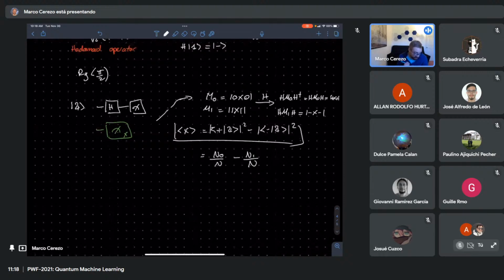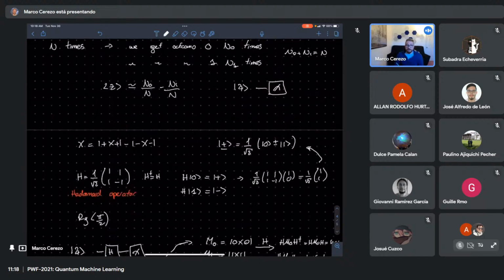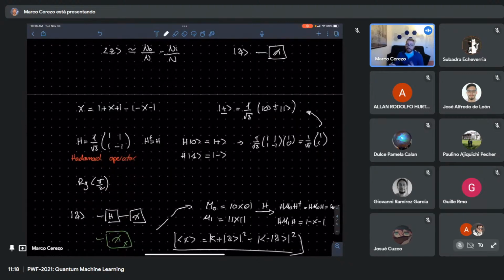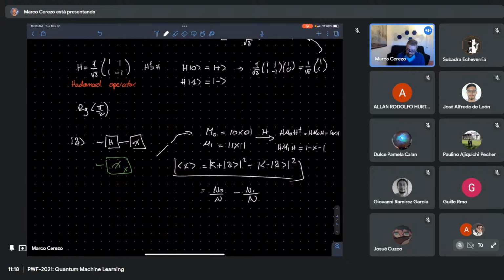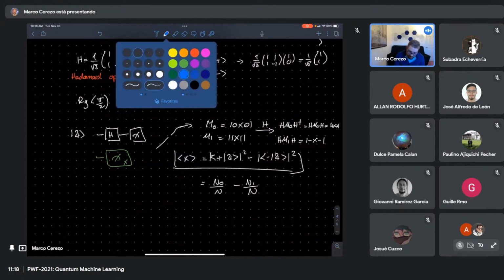So you can see that changing of basis is an extremely important tool to be able to compute other expectation values. We can compute the expectation value of X, of Y, or Z. We just need to think about what is a matrix that changes the basis so that now I can measure in the basis that I care for, right? And again, this is going to be extremely important. I'm going to write this as